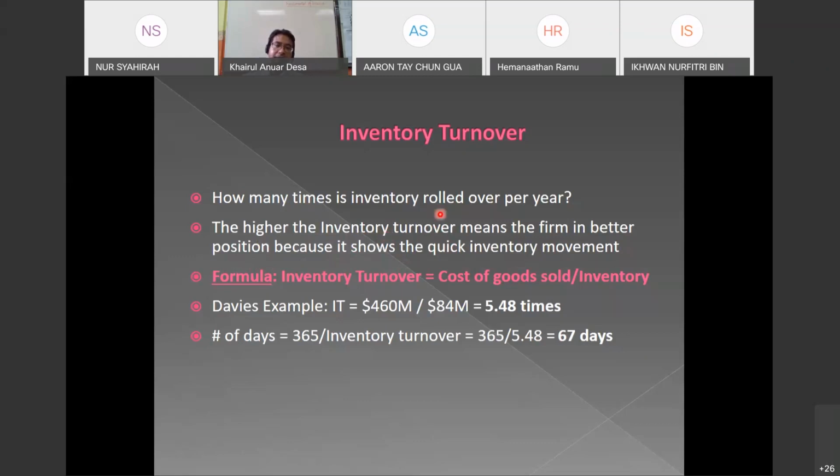Got it? This is the inventory turnover formula. Okay, cost of goods sold over inventory. And here, our company takes 67 days in new order of the inventory. So I want to call